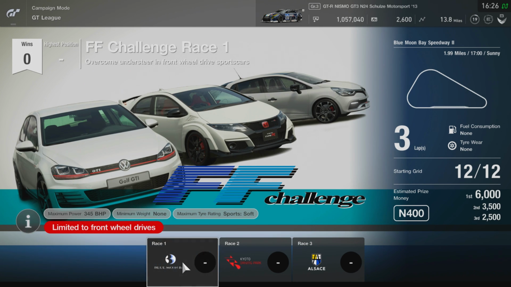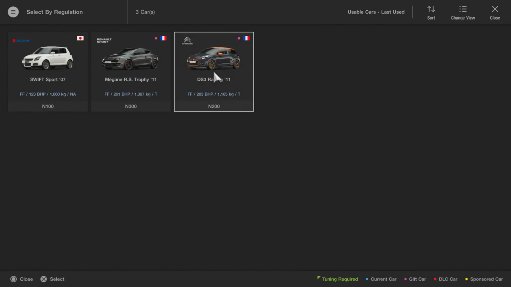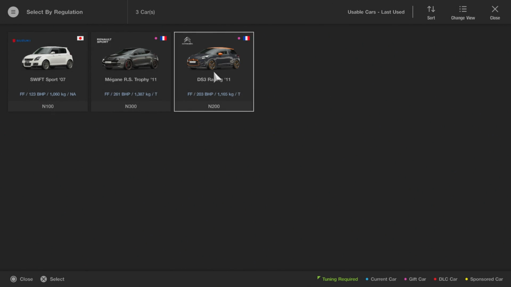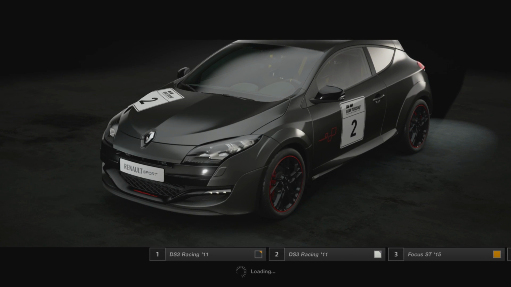So, this time we have vehicles limited to front wheel drive and a maximum horsepower of 345. Minimum weight none and sport soft. Similar to previously, but this time we only have 3 vehicles that we can actually choose. We can have a really underpowered Swift, a Megane, or a DS3. The Megane. We need as many advantages as possible, but if it's too easy, we'll switch to another vehicle